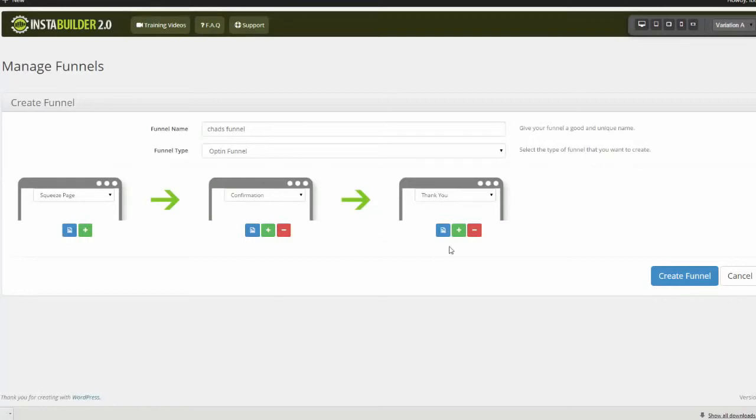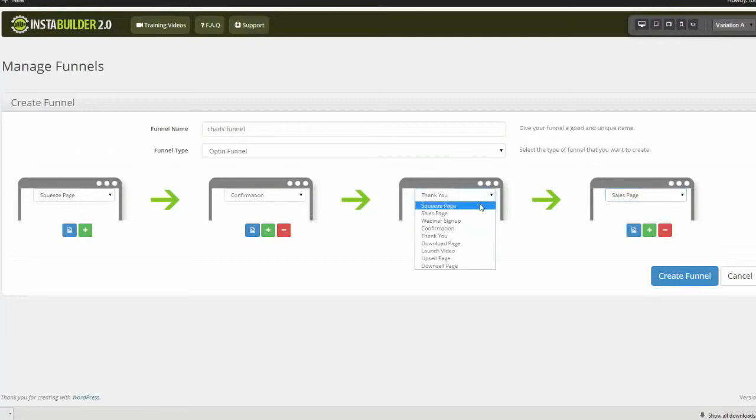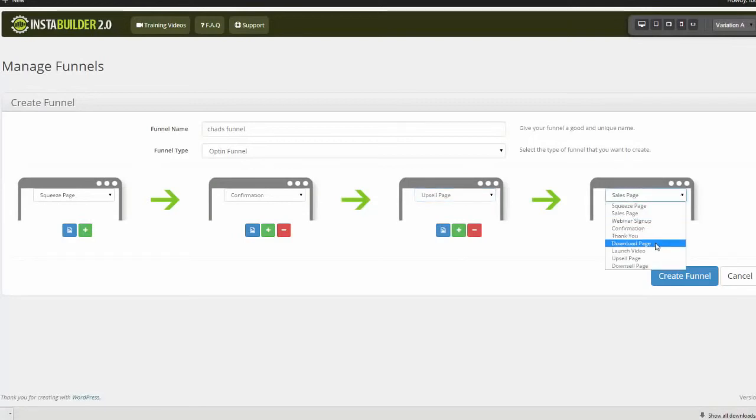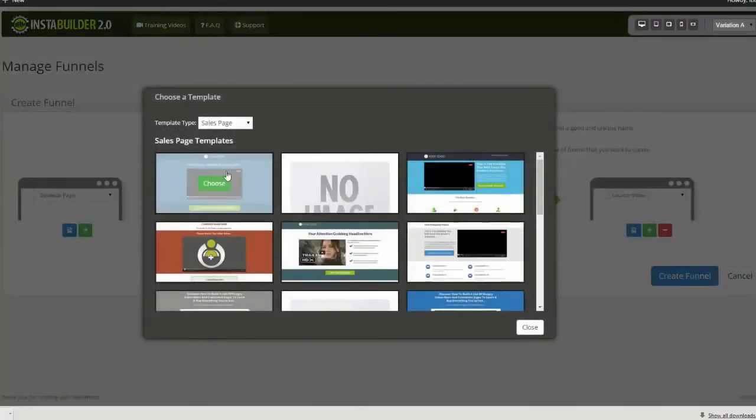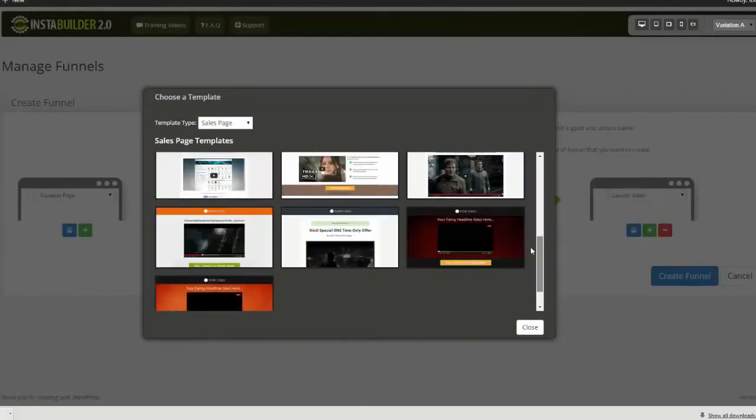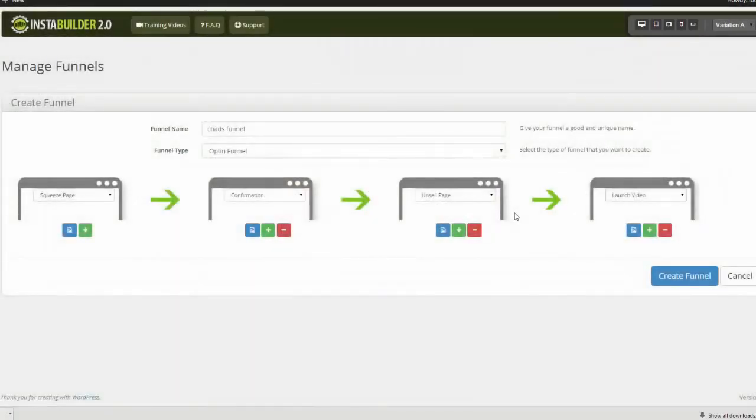Now, if I want to add another page, I can come over here and click add. And then I can simply come over here and change out whatever it is I'm trying to do, right? We have a squeeze page, confirmation, maybe this here is going to be an upsell page. And then maybe over here we have, I don't know, some launch video or something, right? That doesn't make sense, but you guys get the idea. And this is how fast you can go and create sales funnels with the OTO, right? So we can come over here, click on the element, choose our upsell page, and that's how fast we do this, right? And when we're all said and done, we're going to click the create funnel button,